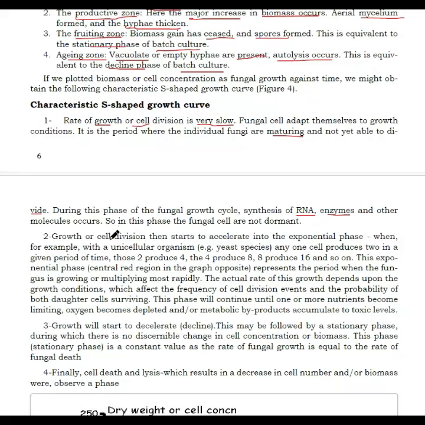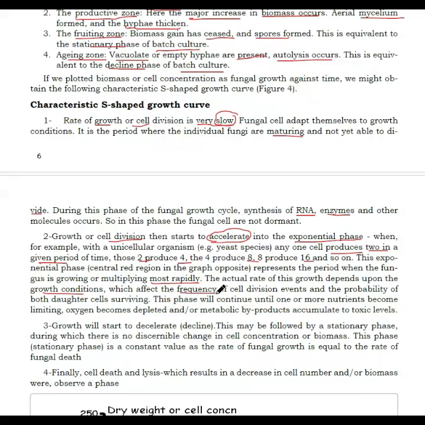Another is where growth or cell division then starts to accelerate. Growth and cell division were slow in the first phase, then they start to accelerate into the exponential phase in the second phase. For example, in unicellular yeast, if one cell is produced, two cells are formed from one cell in a given period of time, and 2 to 4, 4 to 8, 8 to 16, and so on. This represents a period when the fungus is growing or multiplying most rapidly, and it depends upon the growth conditions,